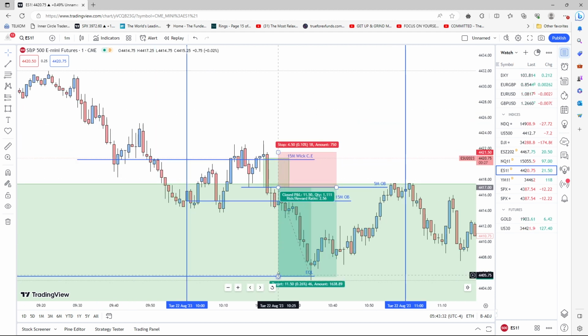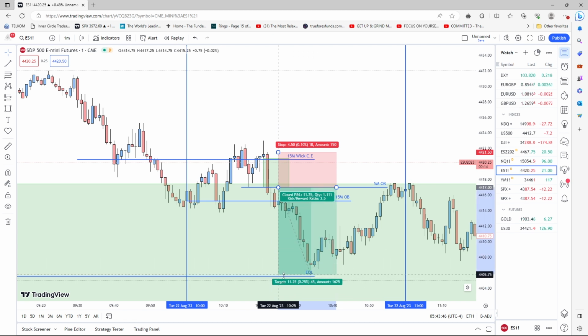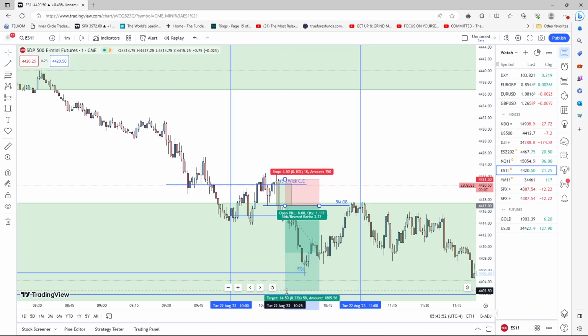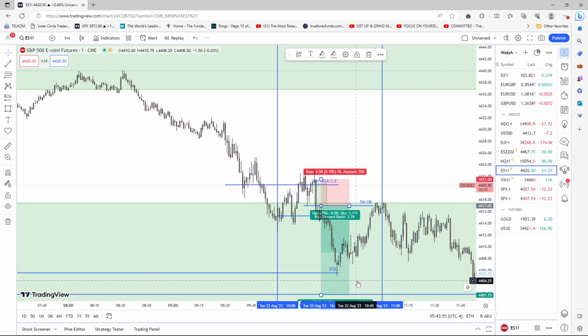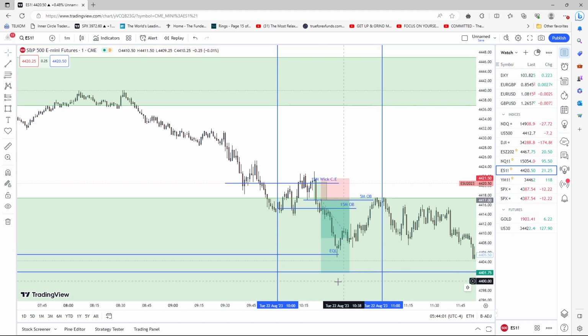You would be targeting this equal low. You obviously should be taking a partial at 5 handles, which is right over there. That got hit, no problems. And then 10 handles, 11 and a half handles was there. That got traded. And then unfortunately the 15 handles, if you were holding on after taking a partial there, you were aiming at this. That did not get hit until only after